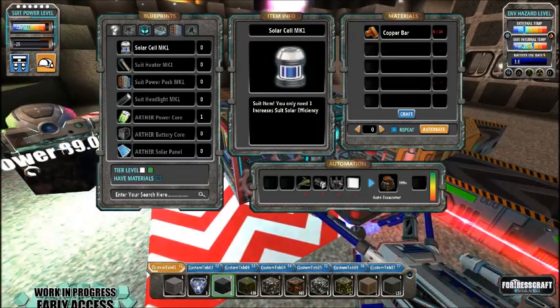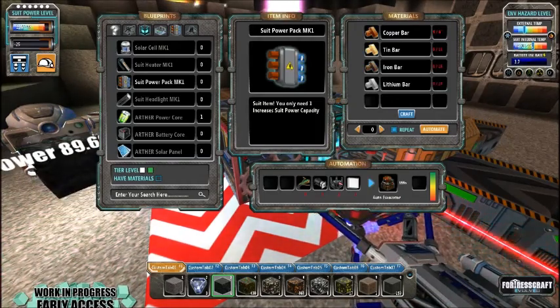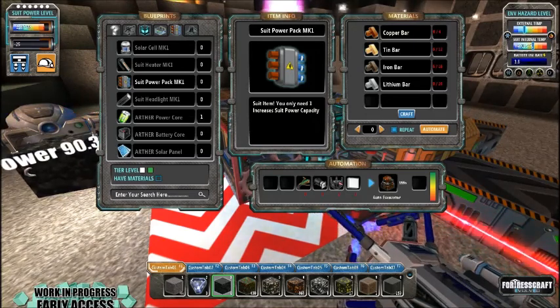I mean, okay, we've got copper, don't need that one. You see, that's an investment, but it should give us a bit better investment. And I think, to be honest,